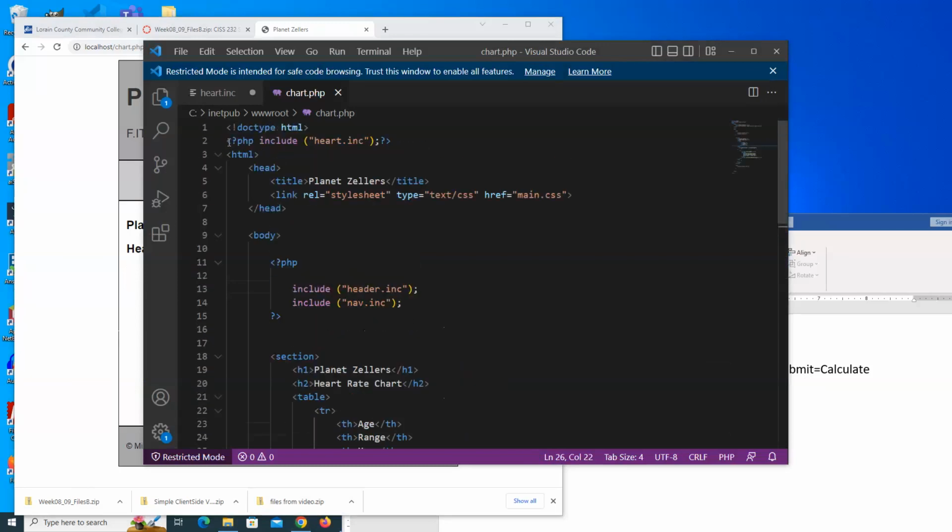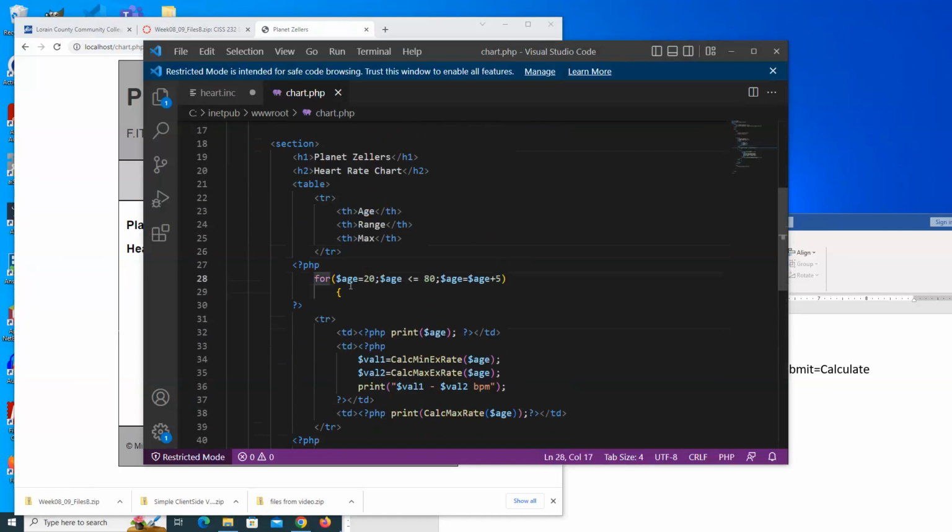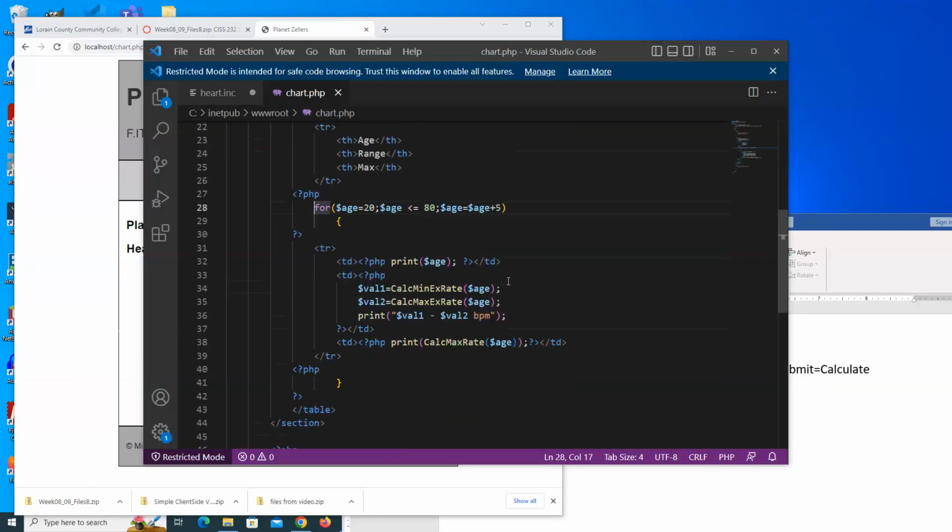I include the heart functions, header, nav, footer. I have my for loop. It's going to start at 20 years old. It's going to go as long as the age is less than or equal to 80. And it's going to do it in increments of 5 years. I'm creating my table. I'm outputting in the table. In the first table cell, I'm outputting the age, so the value of this variable. I'm then calculating the minimum exercise rate and maximum exercise rate, and I am outputting